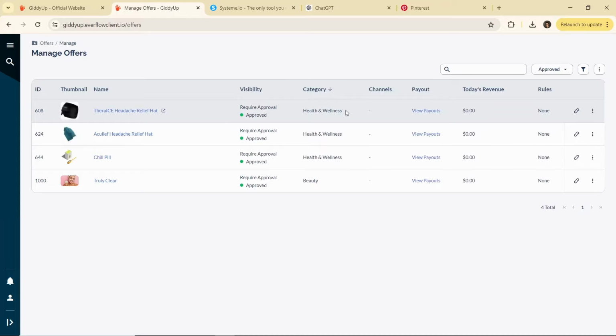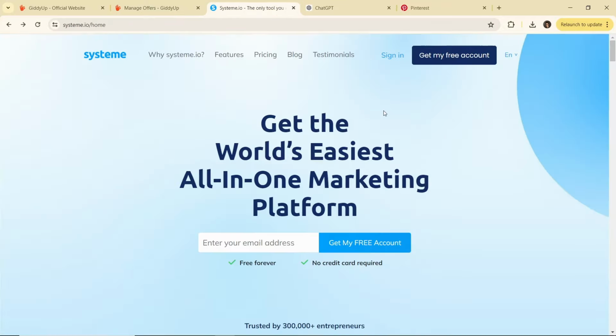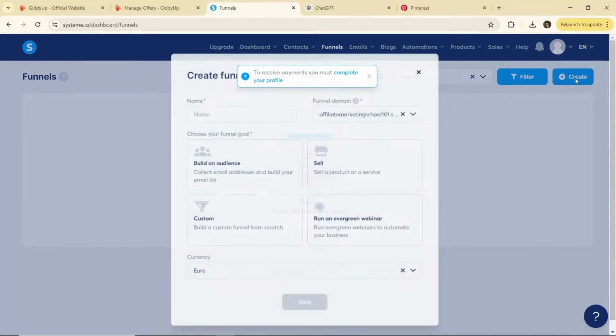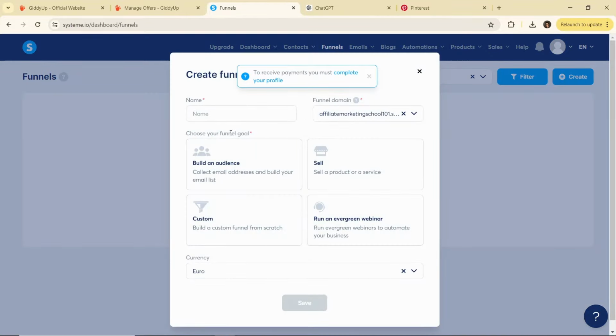Now the next step is to create our landing page, so we can go to System.io, a free tool that allows us to create an impressive landing page in just a minute. You can find the link in the description down below to create your own account. On System.io, just click on Get Me Free Account and proceed to the next page. I already have an account, so I'll just click on sign in. Then click on funnels, select create, and give your funnel a name like best gadgets